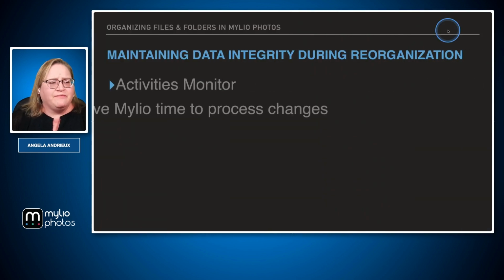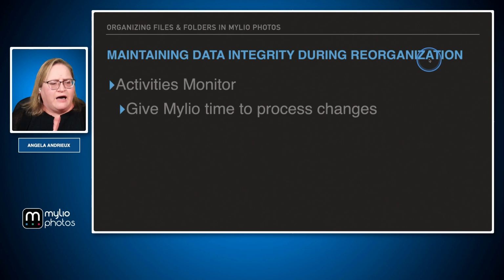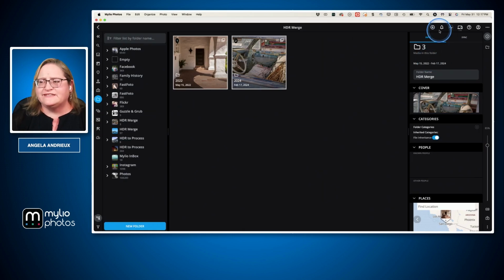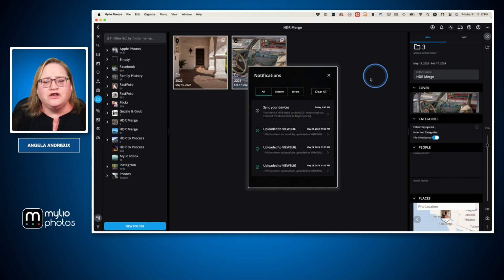The other thing that you're going to want to check is, giving things time to process, your notifications. Check the notifications, which is this little bell. And that's going to tell you if anything is throwing an error. So as you're moving things around, as you're deleting things, it's going to tell you what's happened here. And if it pops up with a little red dot up here on the bell, that usually means that there's some sort of error. For instance, there's been times when I've gone to delete a folder and it says, I